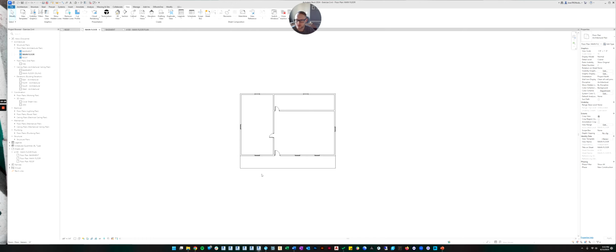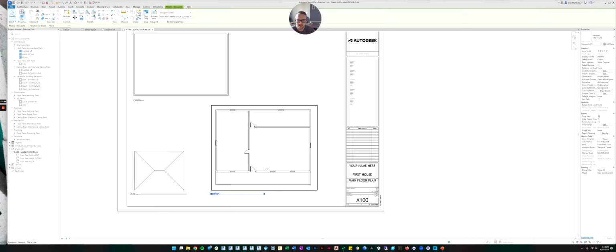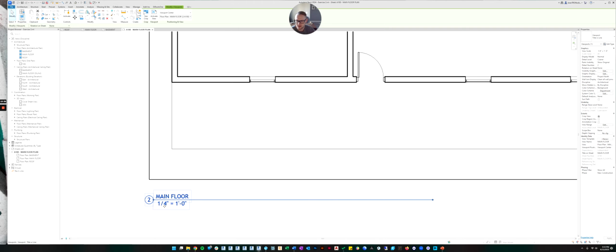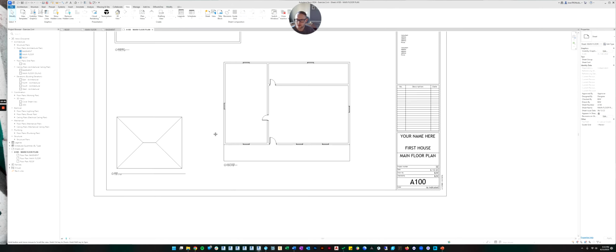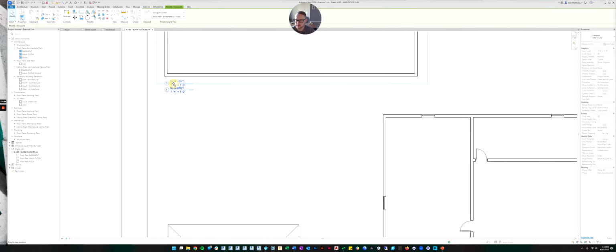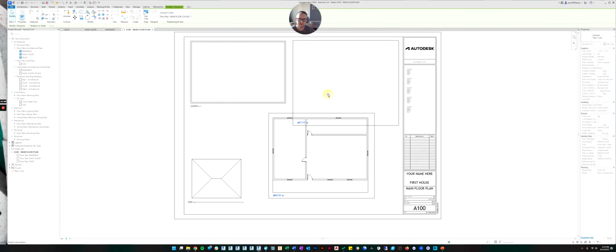All right, another way to change the scale is to go into the view itself. So let's go to the main floor, and you see down at the bottom where the scale is, you can click here and you can change it to 1/4 inch scale. And it doesn't look like it did anything in here because changing the scale doesn't actually change the size of anything in the model. It just changes how it looks on the sheet. So we got to go back to the sheet, and now you can see it's much bigger. And now you can see the scale says that. So let's make this consistent. Let's put this up a little bit closer, like we did there. All right, and now we can move this into place here.